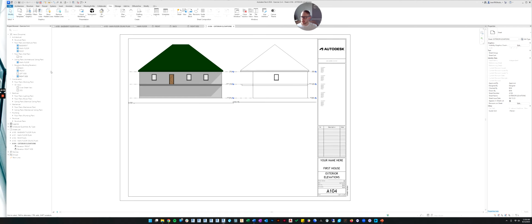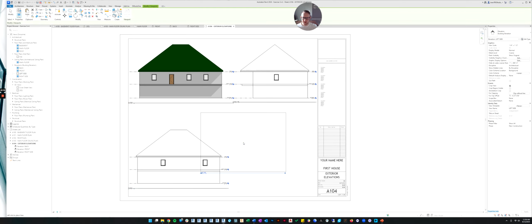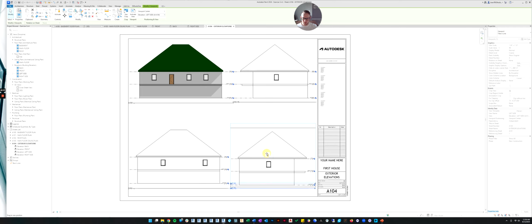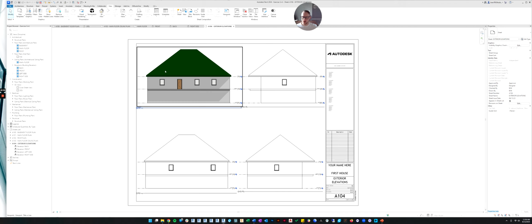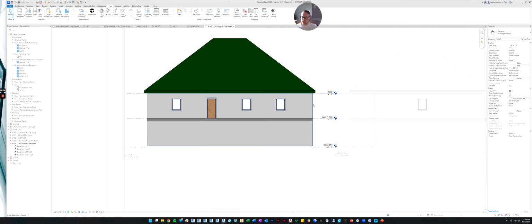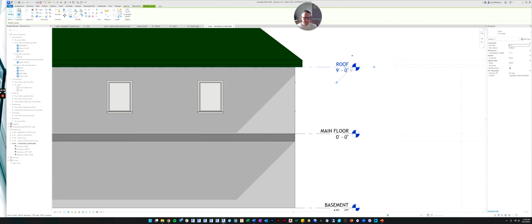And then now we would put the back next down here. That would be the next one in line. And then we'll do the left side. We want to make sure the roof levels align and everything. Okay, so this is where it's nice to be able to go into and activate the view. So let's activate the front view, and let's just pull these in a little bit tighter so that they're not running into the other view.